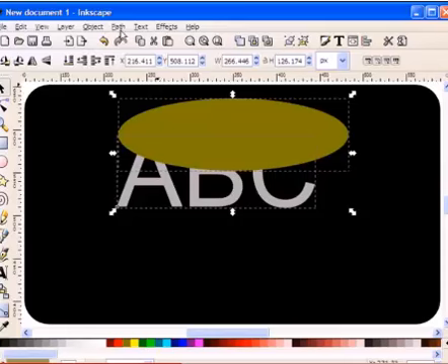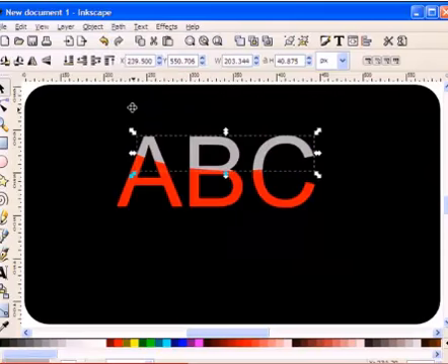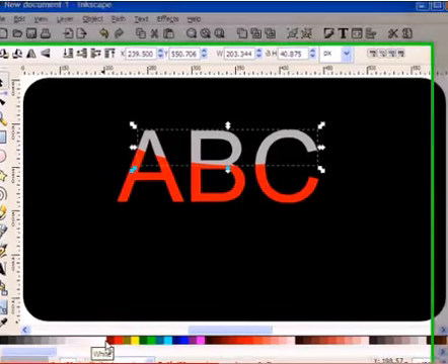Then I'm going to go up to the Path menu, and I'm going to select Intersection. And what that does is, anywhere that green oval intersected the gray text, that's left behind, and anything that didn't intersect was cut away. So I'm left with this gray area here,